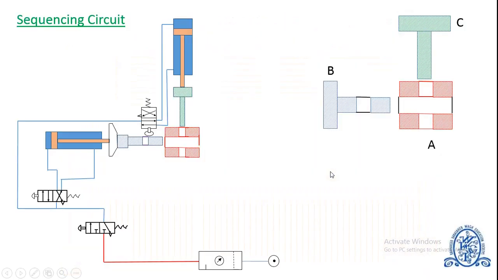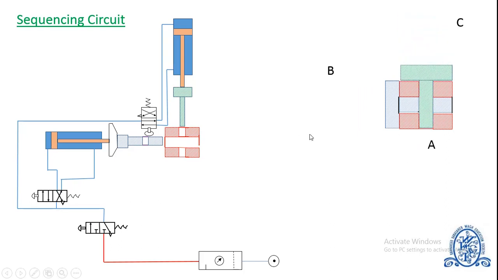Now, we will see first an application example of an assembly operation in which the pin B and pin C are to be assembled in a base part A. Here, it is to be ensured that the pin C will be assembled only after pin B, as shown in this animation. So first pin B will be fitted in the base part A and then pin C will be assembled. Thus here we are using two cylinders. Cylinder 1 is used to assemble pin B, whereas cylinder 2 is used to assemble pin C.